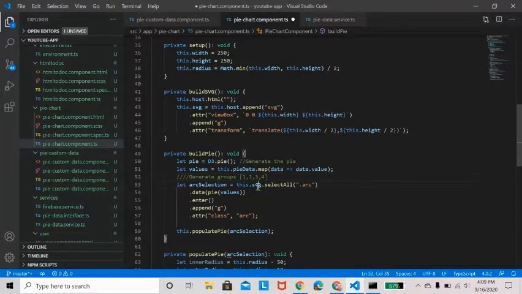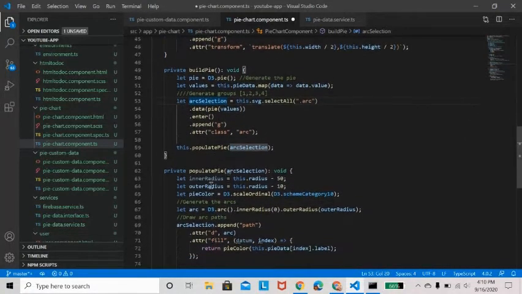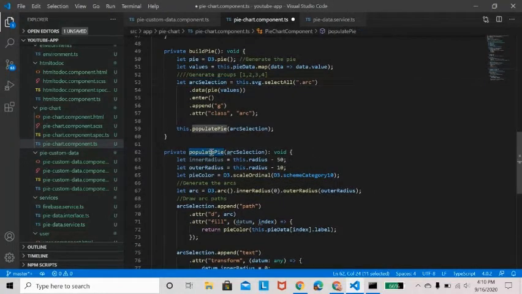Then SVG dot selectAll with the class name arc, dot data, pie of values. So pie is here. We need to provide our array values. These values look like 1, 2, 3, 4. So this is going to happen here, and enter, and we are going to generate groups with the arc selection. Once groups are generated, we insert that value into our populate pie function.